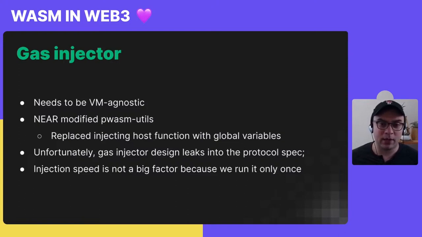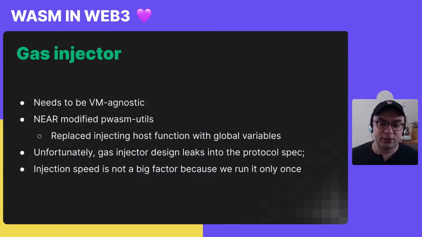So any blockchain that uses Wasm, you guys are welcome to use this modified Wasm utils. It allows us to reduce the cost of running Wasm smart contracts 4 times, according to our most recent benchmarks. And also, it doesn't tie you to any specific WebAssembly virtual machine. That's why we're not using Wasmer's version of this instrumentation, because we also wanted to work with Wasmtime and other kinds of virtual machines, because instrumentation needs to be VM agnostic.